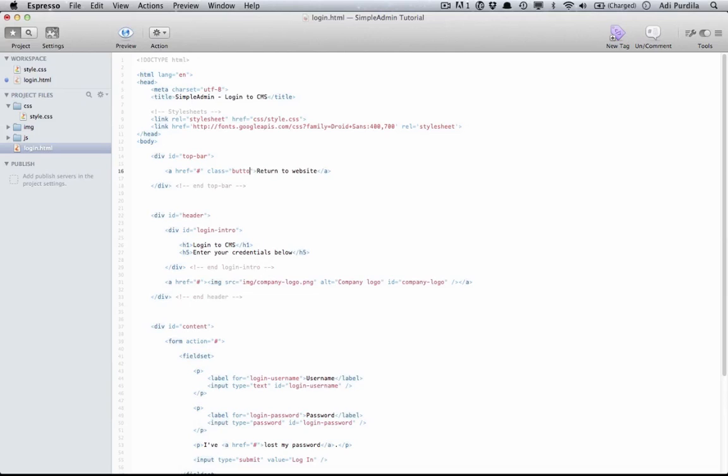So we'll say button, round, dark, image left, and IC left arrow. Now, what I'm saying here is we want a link that looks like a button, has round corners, a dark color, the image is on the left of the text, and the actual image is a left arrow. Okay, so